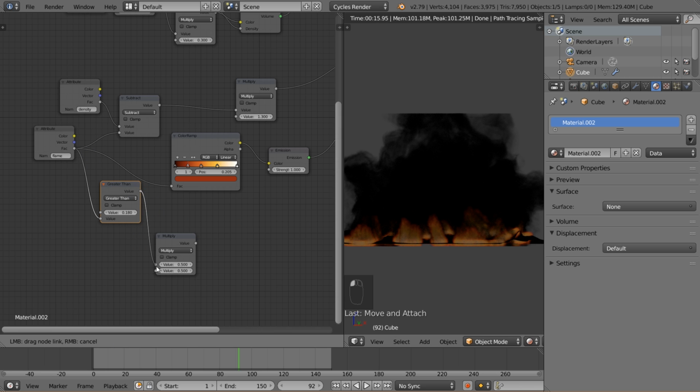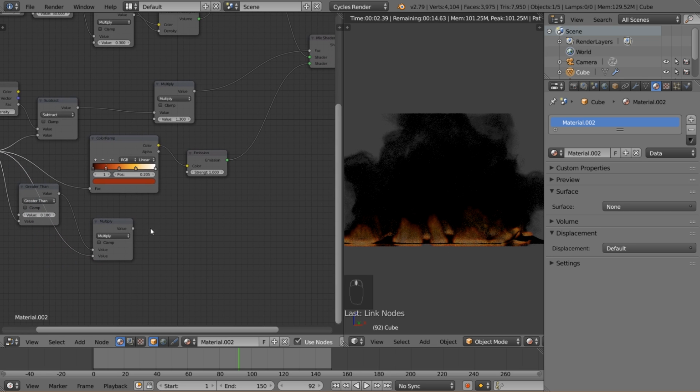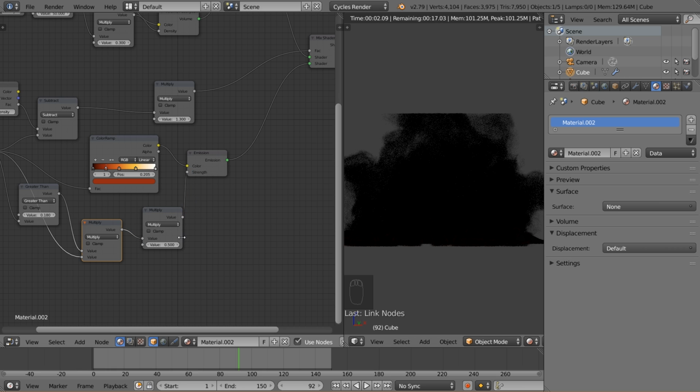So then this will go down to the top of our multiply node, and then we're going to take the original value and put it in the bottom. And it hasn't done anything yet, obviously, because it's not connected. And I'm also going to duplicate it one more time so we can adjust the intensity of this value. So this will go on top, and then this will go into the strength. Right now, you're not really seeing anything, and that's because we need a very intense value. So I'm going to take this up to about 150, and boom, you see we have some intense burning flames,